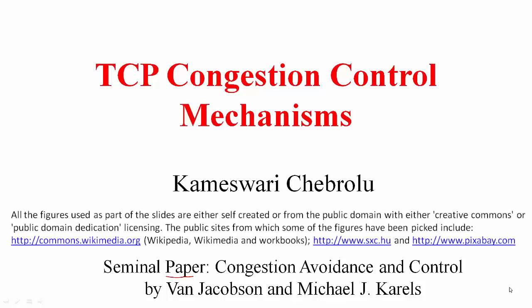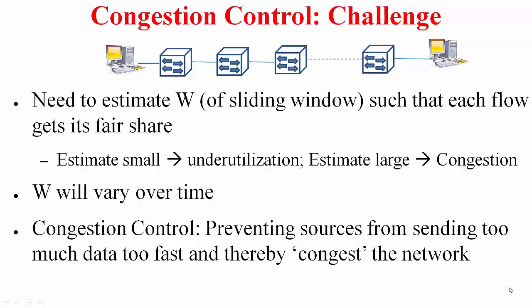First, let's see how much you remember. Here is a quick recap of what has transpired so far. TCP is based on the sliding window protocol, so we need to estimate the window size. If we underestimate this window size, it results in underutilization of the available bandwidth. On the contrary, if you overestimate, this is going to push the network into congestion. To make matters worse, this W is bound to vary with time as new connections pop up and old connections close. So congestion control is all about preventing these sources from sending too much data too fast and thereby congesting